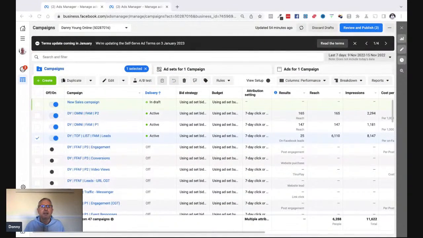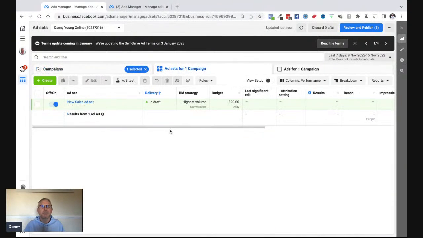So attribution is set inside of Ads Manager at the ad set level, and the current default setting is 7-day click or 1-day view, which I just described. So let me share my screen. Just need to now find that window, and I'm in here. Okay, so if we go into this new sales campaign that I've created, we're now in the ad set level. So if I click edit,